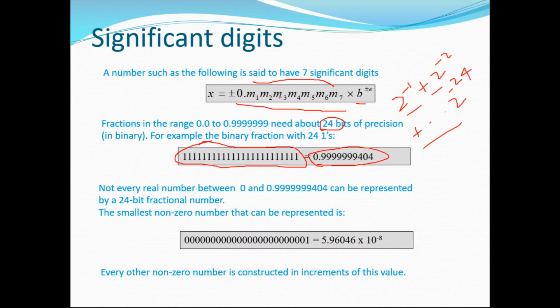We are discussing only the Mantissa part. We have not yet started the exponent part. In the Mantissa part alone, this is the maximum you can represent, and this is the minimum value you can represent, where all 23 bits are 0 and only one bit is 1, which is equivalent to this, right?